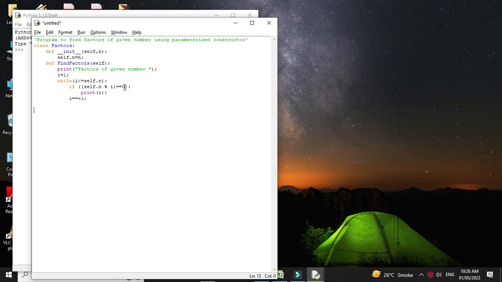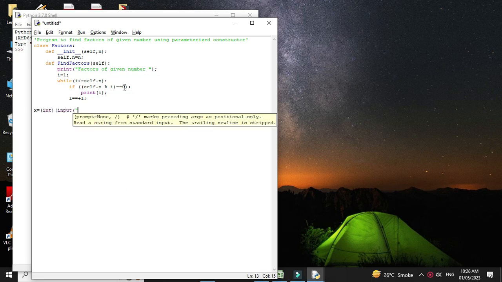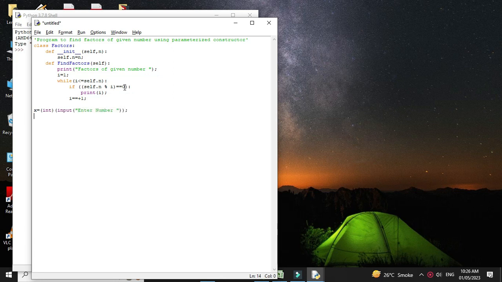Then outside the class we will accept the number from the user, so x equal to int input enter number. Then we'll create object of our class factors, so f equal to factors, and we will pass x as a constructor parameter, and then we'll call the method find factors from that class. Then we will save it,